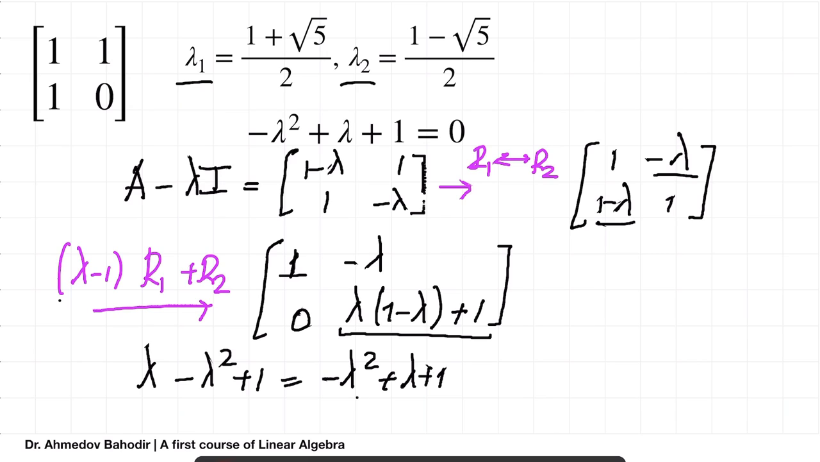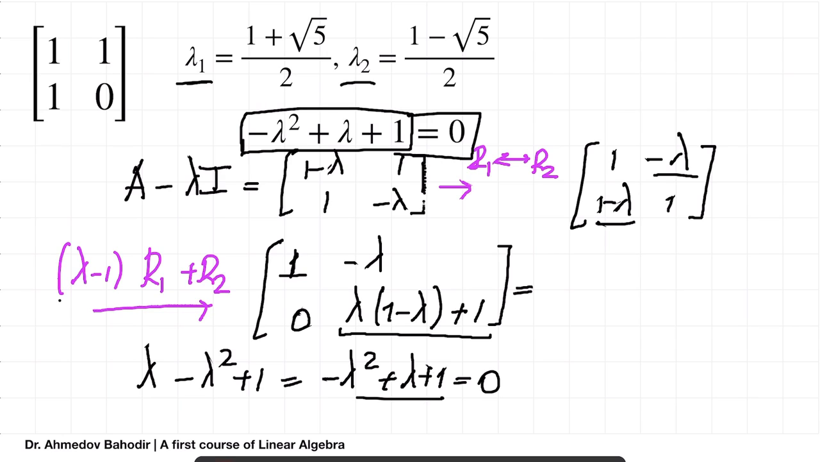And if you do that, this is equal to 0, because lambda 1 and lambda 2 are the roots of this equation. I mean, we found lambda 1 and lambda 2, which make this equation equal to 0. That's why it's going to be equal to 0. So what we get is essentially 1 minus lambda,